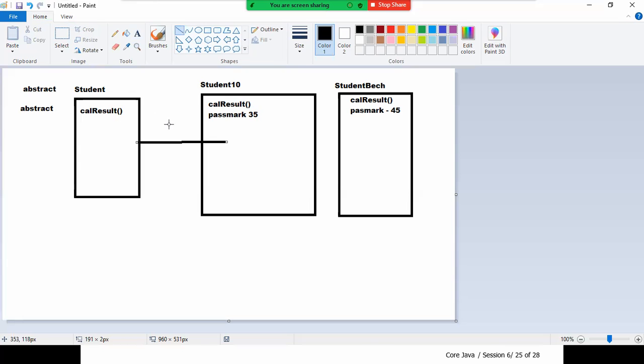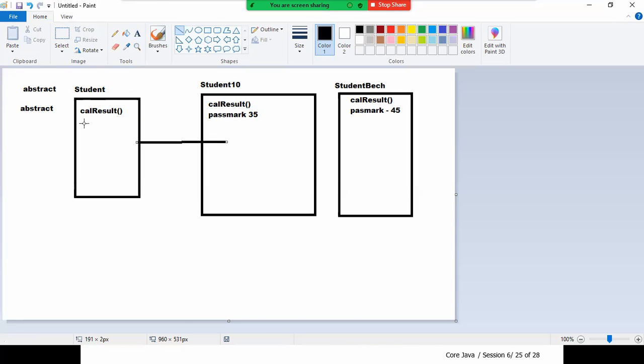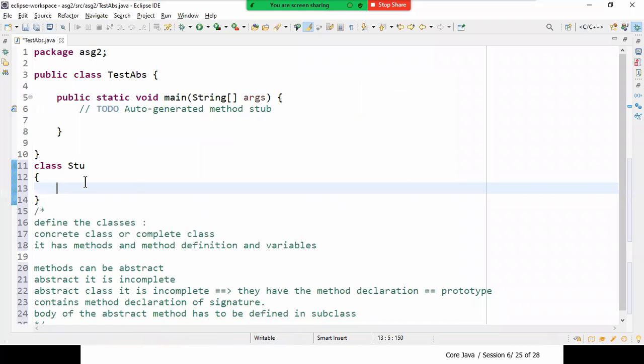We'll see a coding example. I want to have a class called Stu. In this one, I want to have an abstract method, a void result function, calcResult, that I'm defining. The definition is not there, that is, without implementation.